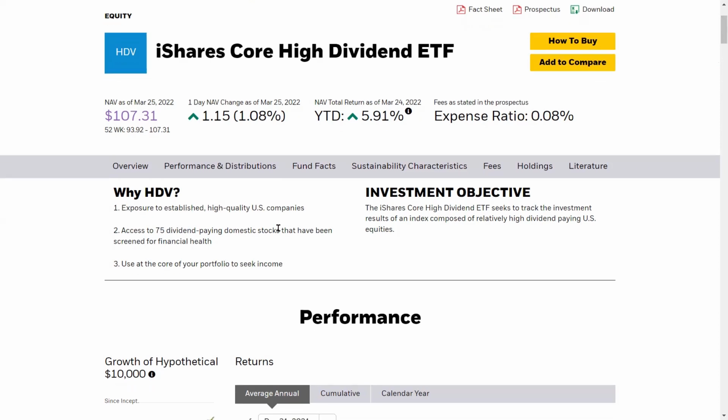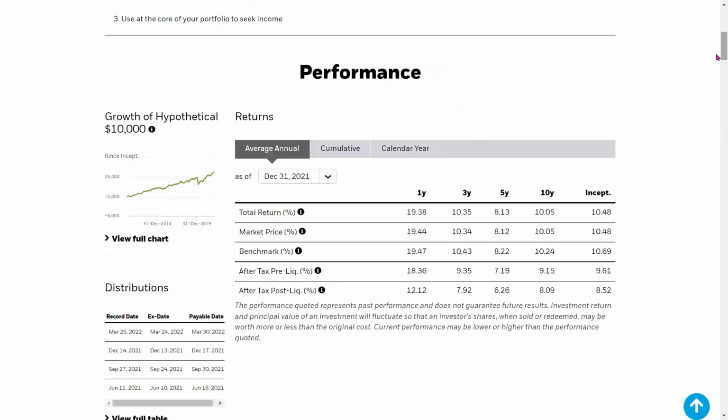Why one might consider investing in HDV is to get exposure to established high-quality US companies, which accesses 75 dividend-paying US stocks that have been screened for financial health as a result of that. Here, if you look at the average annual return at the end of December 2021, just so that it's apples to apples comparison, the total return in the 1 year based on market price was at